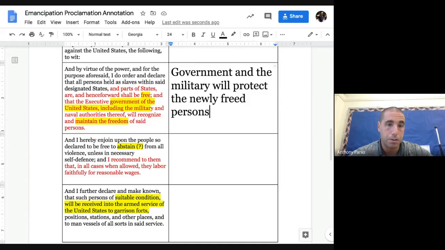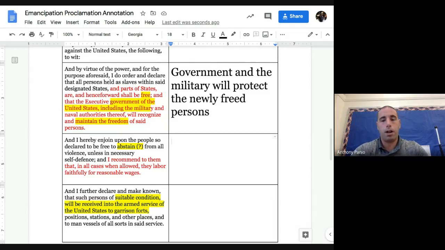Okay? Which is now just the slaves that Lincoln quote unquote freed. So now the African Americans. Okay, well, what are they going to be? The government and military will protect them. That's not so important. The next 2 things are really important and really change a lot of things. So what makes someone a slave besides being told what to do? When you work a job, like I am now, you get paid for working that job. What makes a slave sometimes, besides just the horrible treatment, is they do not get paid for their work. All right? So now they talk about here that in all cases when allowed, they labor faithfully for reasonable wages. Labor means work. Wages means money, getting paid.